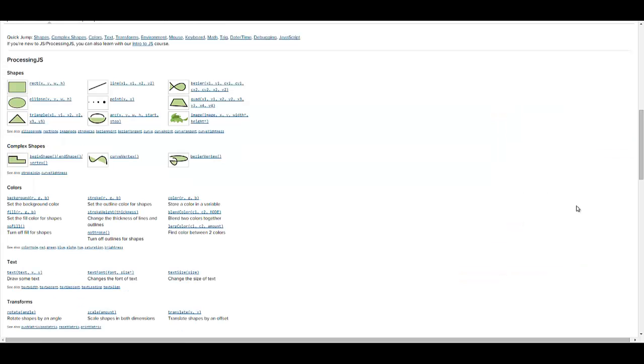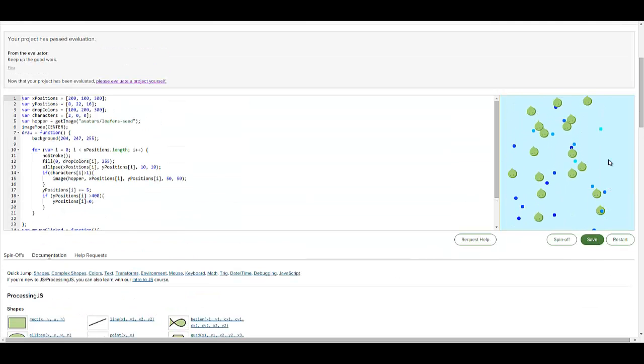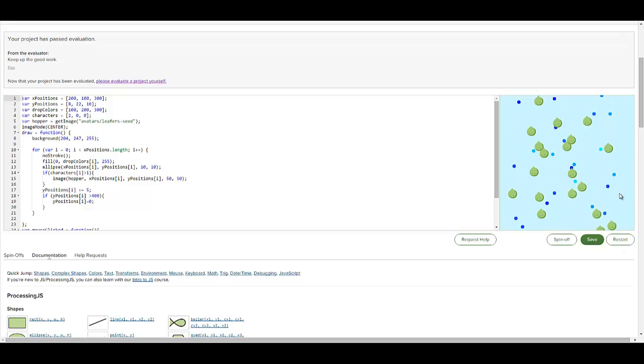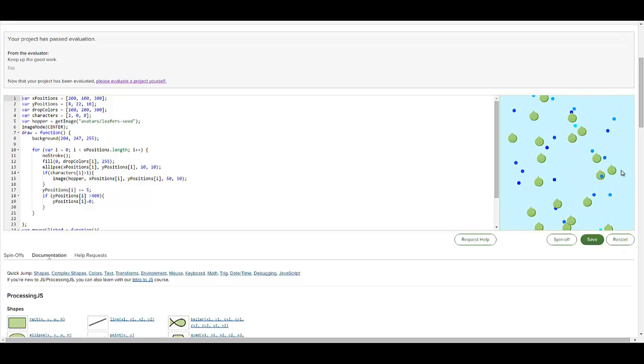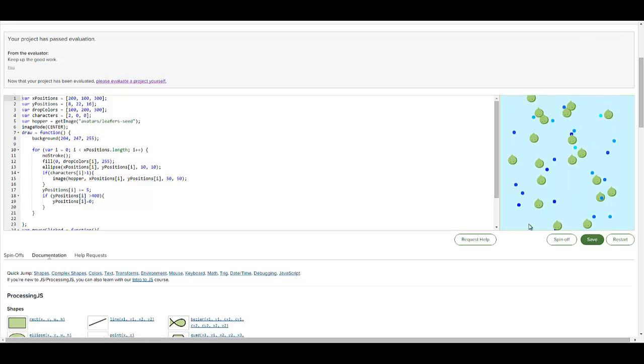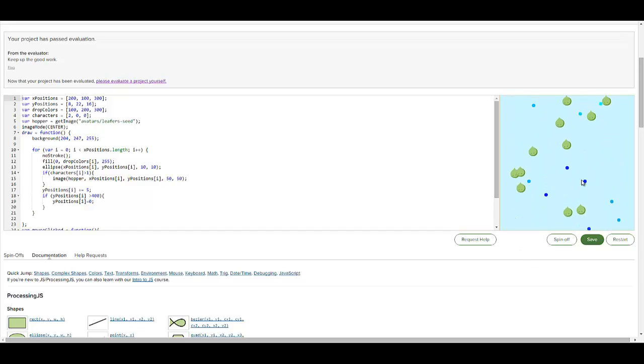Basically it makes stuff fall down, and when they reach the bottom, they go back to the top. So you see here, this goes down and up, and it looks like it's flowing. You know, it's quite nice.